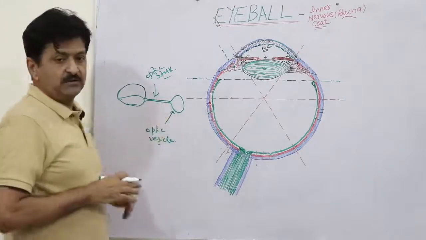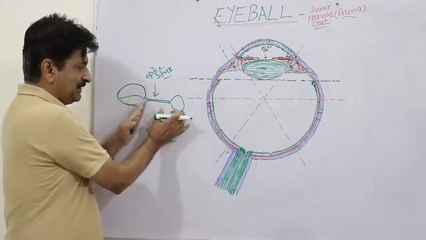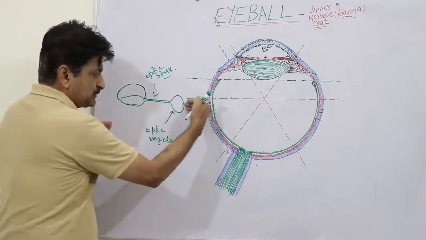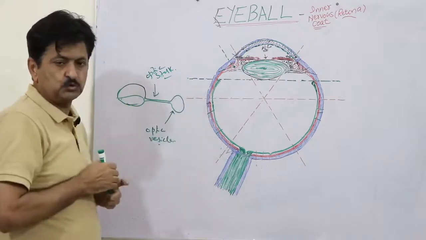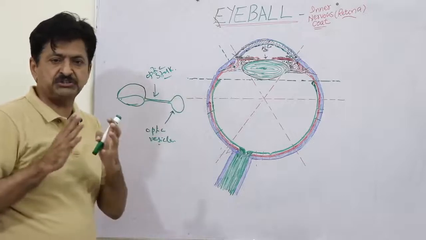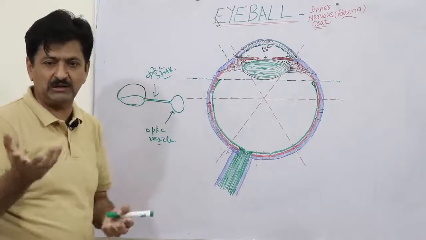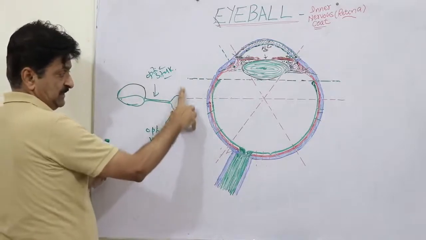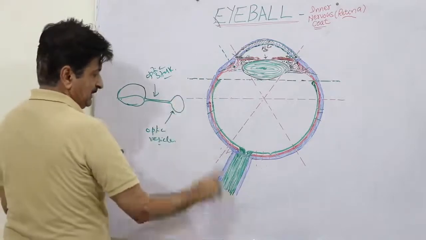But this optic vesicle will not remain like a vesicle. It will in fact be compressed from the front, so that it assumes the shape of a cup. Now you can call it the optic cup. You see, it will not remain like a vesicle like this, because